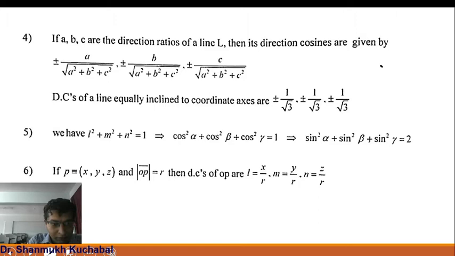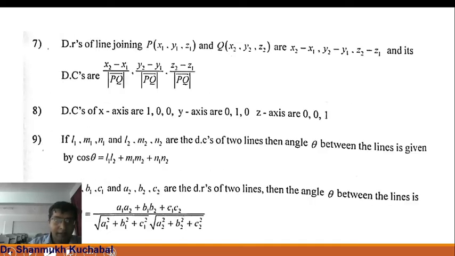If P represents x, y, z in three dimensions and the magnitude of OP equals R, then the direction cosines of the vector OP are given by the expression L equals x by R, M equals y by R, N equals z by R. So this is the expression here. Next point,